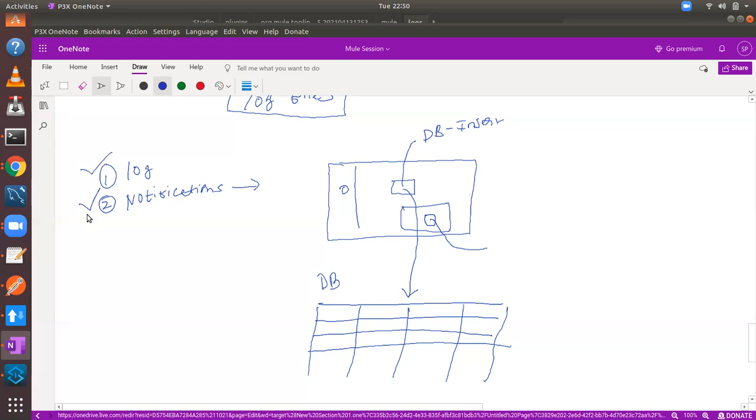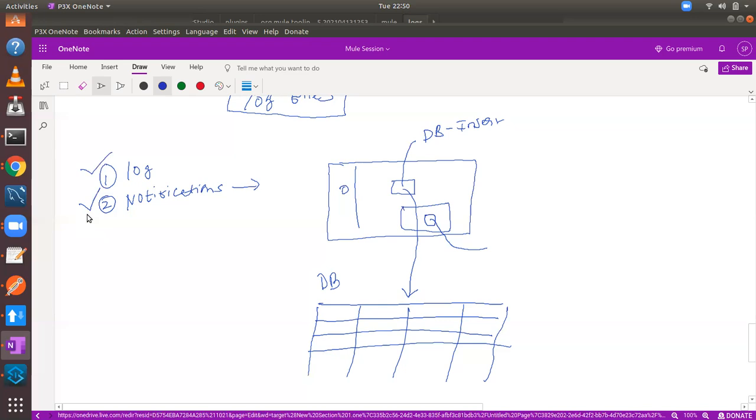Yeah, got it. So now what is error handling? Error handling means the activities we need to perform when an error occurs. So perform the required activities when an error occurs. If you're not handling the error, you are not performing those activities. Second point, what kind of activities are we going to perform?